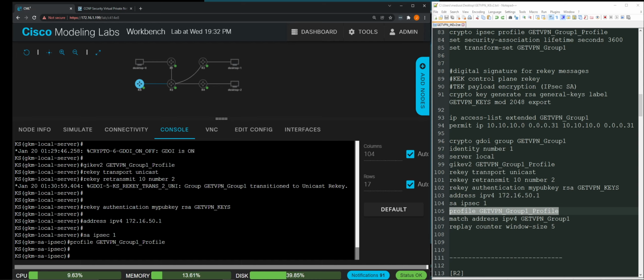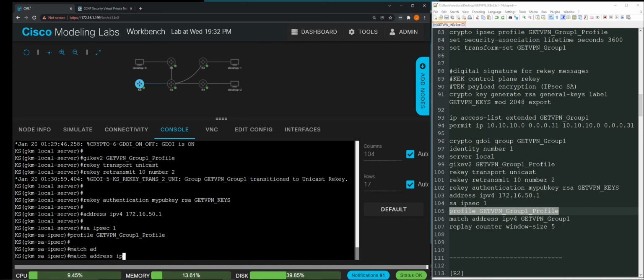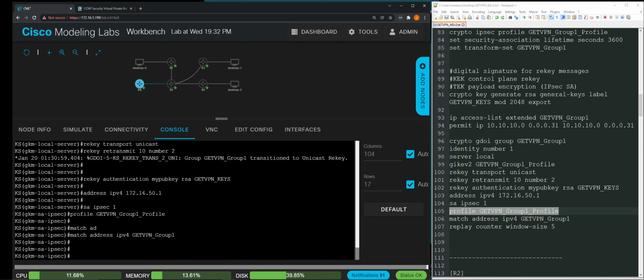And so now we need to specify the interesting traffic ACL, so match address ipv4 GETVPN_group1. And so that's the ACL